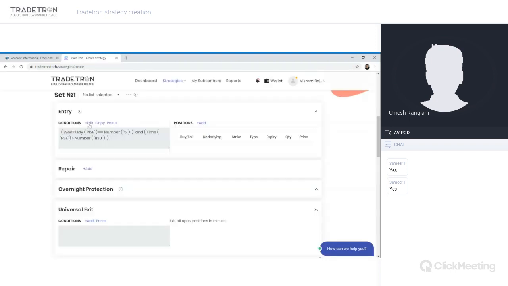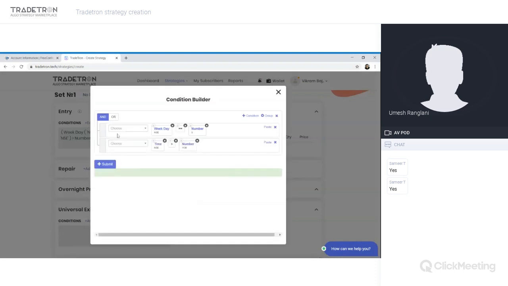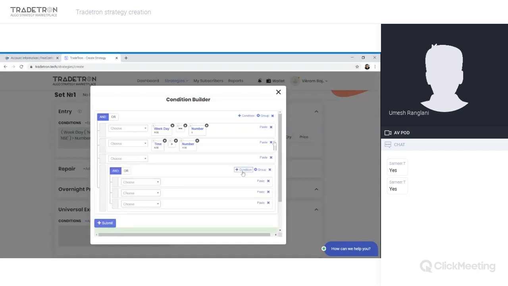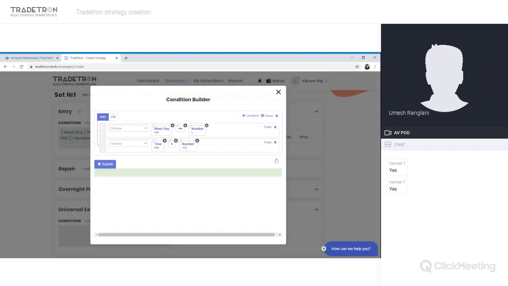Now, adding the positions. So this is how you define the condition. You can add the multiple rows, you can add them or them. So each individual row is a trading rule. Like this is one trading rule that day should be this. This is another trading rule, time should be greater than this. You can put some technical indicators, let's say when Nifty crosses above some moving average, then only you want to initiate the trade. You can put all your trading rules in this condition builder area. You can also create group of trading rules, this subgroup will be ORed and it will be ANDed with the larger group. You can go n level deep in terms of complexity while creating your conditions.